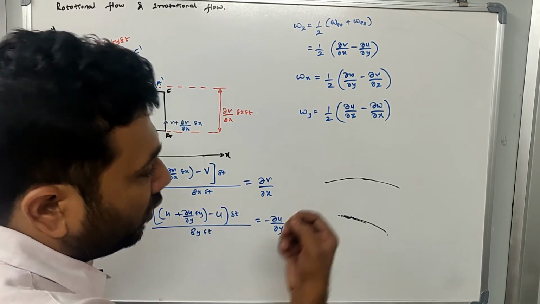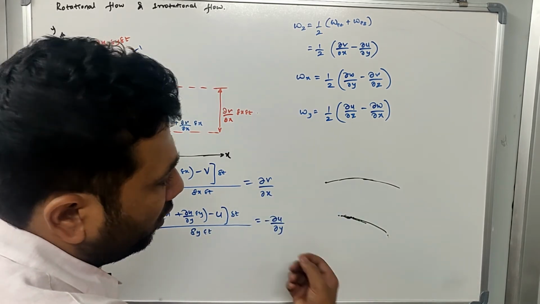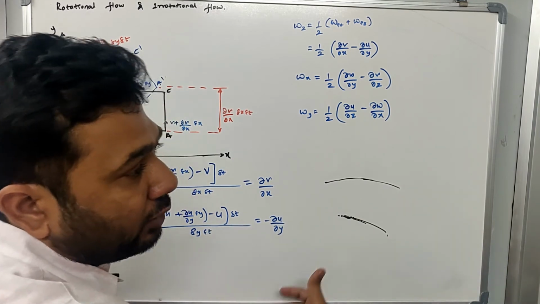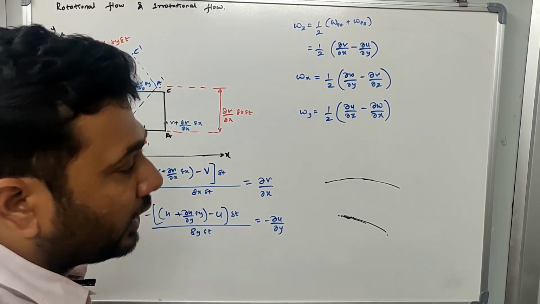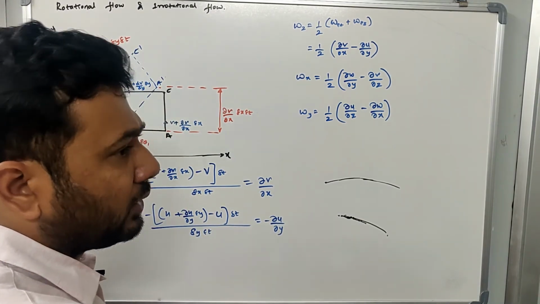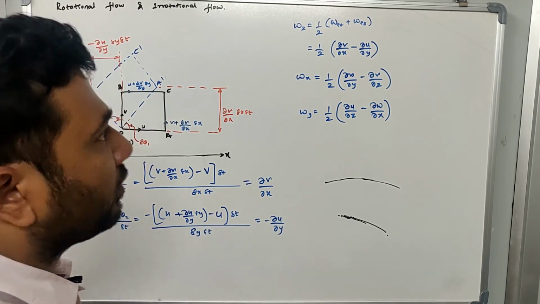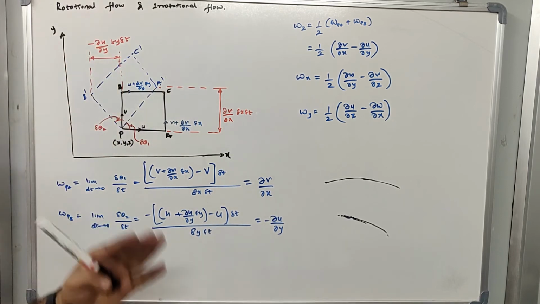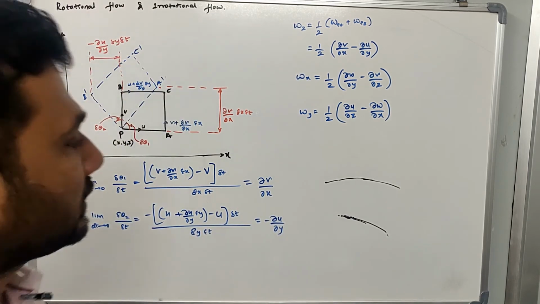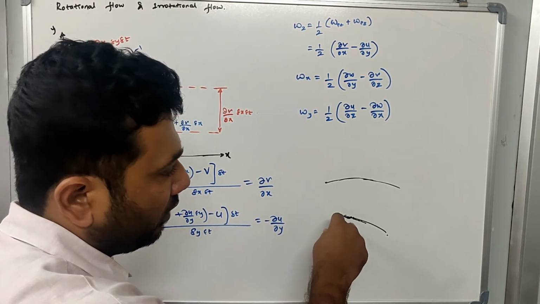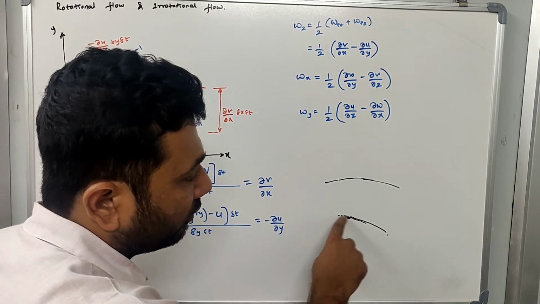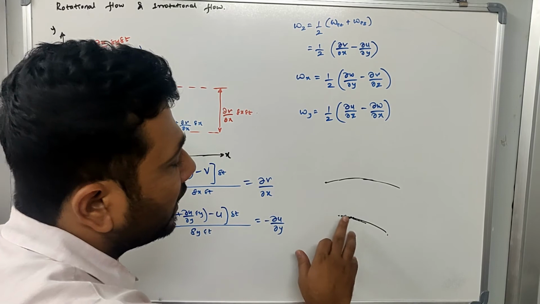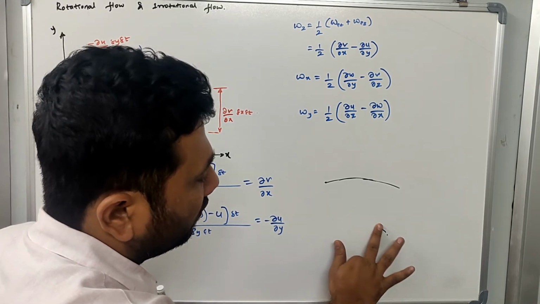If the fluid particles in any given fluid flow rotate about their mass center while moving, we call that kind of flow rotational flow. Coming to irrotational flow, which is the opposite of rotational flow: in irrotational flow, the particles, while moving from one place to another, are not rotating about their mass center. So that is what rotational flow and irrotational flow are.